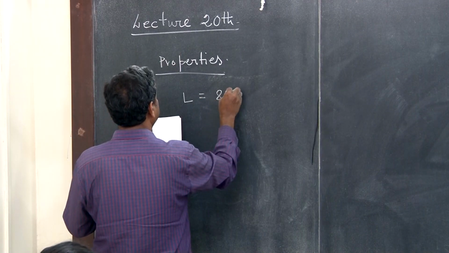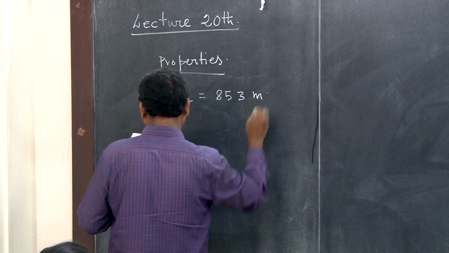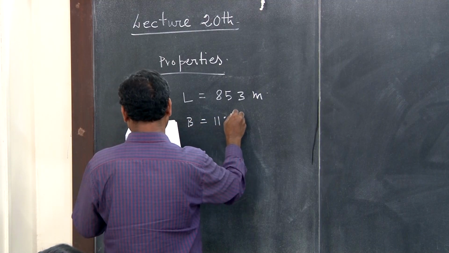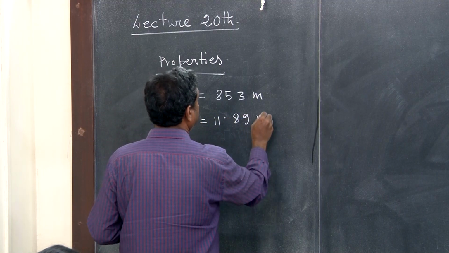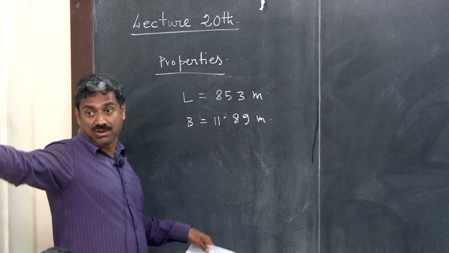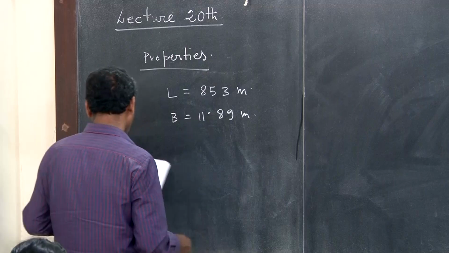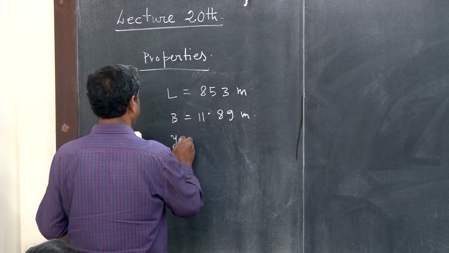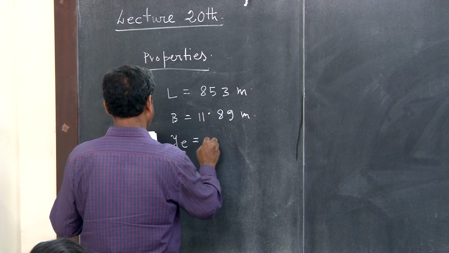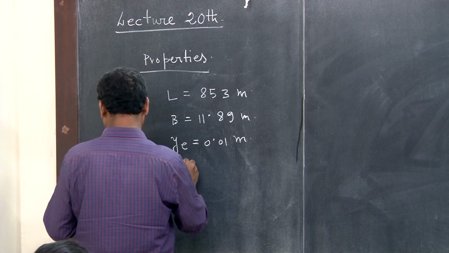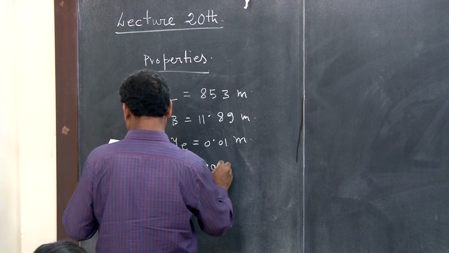Span is 853 meters. You see that, almost a kilometer span. B, the width of the deck, was 11.59 meters, almost 12 meters. So it can easily accommodate how many lanes? You see that? And then y, the distance between the inertia and the elastic axis, is 0.01 meter, and the moment of inertia is 80